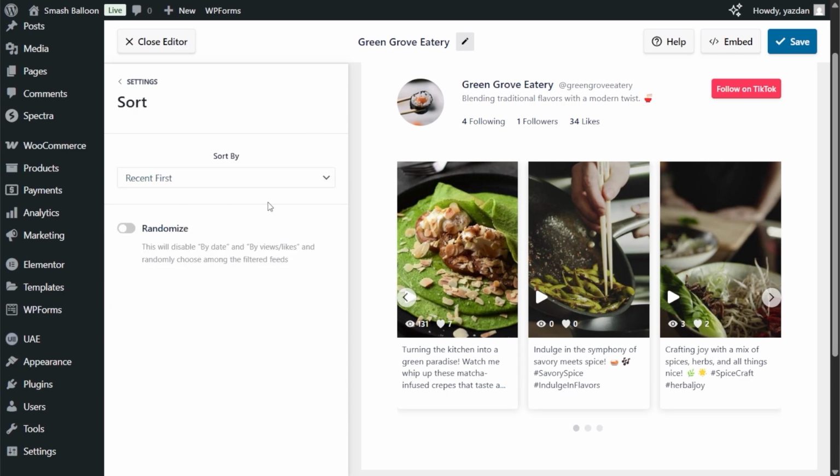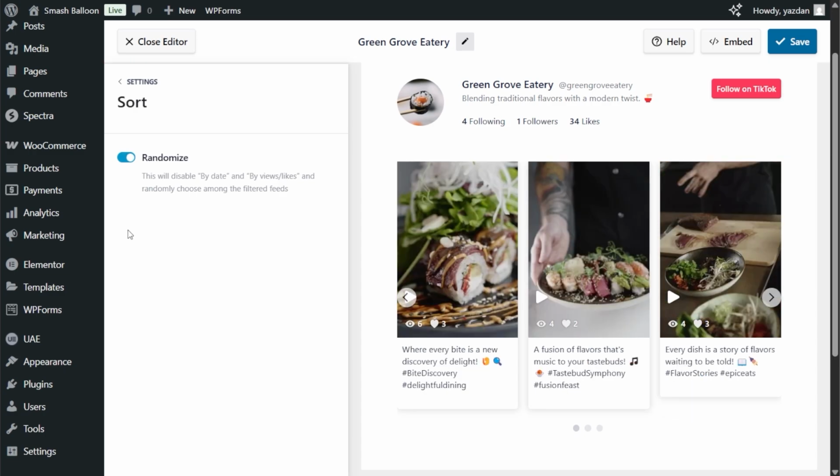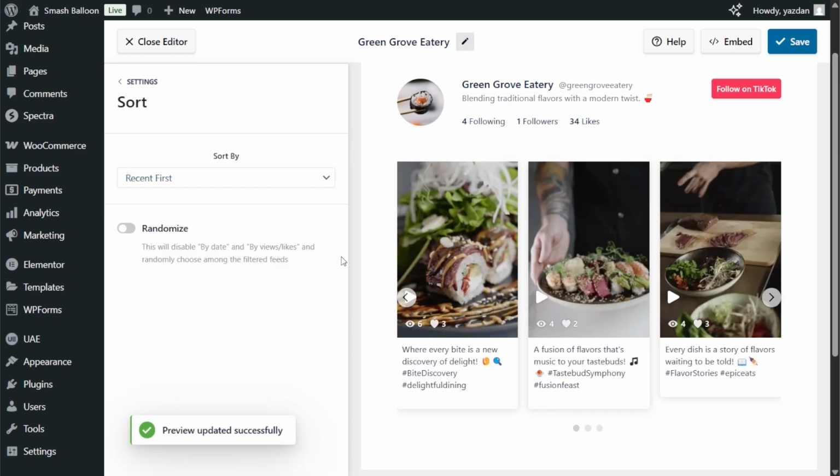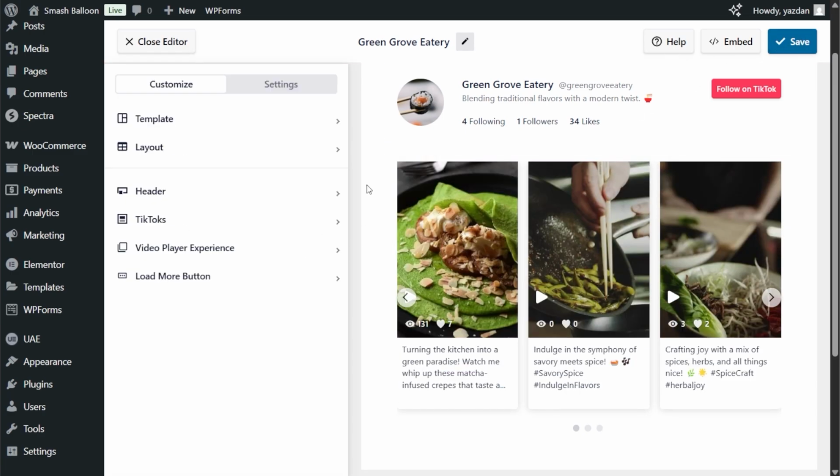Underneath this, you also have an option to randomize the TikTok videos inside your feed. If you toggle it on, it will show website visitors a random assortment of TikTok videos each time they visit your site, keeping your content fresh and engaging. But let's go and disable randomize, and if you make any changes, just click on Save on the top right corner. Now that you know how to create and customize your TikTok feed, let me show you how we can